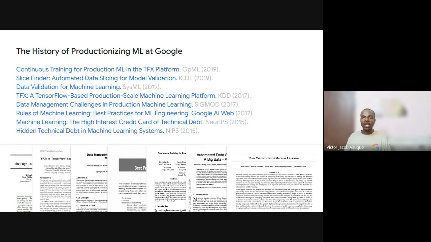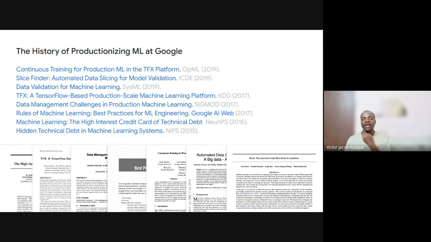So here is the history of productionizing machine learning at Google. We have continuous training for production machine learning in TFX, 2019. We have Slice Finder, automated data slicing for model validation. We have data validation for machine learning, SysML 2019.